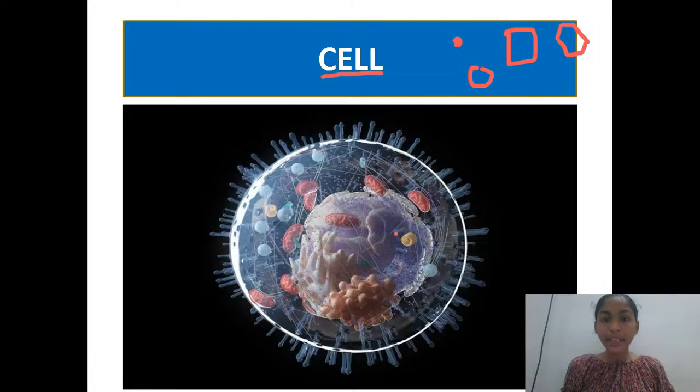This cell is having many different components in it, and I know you have no idea what these are, and even I don't know what these are, because till now what we have learned in our textbooks are very small diagrams, but this looks like a 3D image, so it's quite hard for us to tell that. So a cell commonly looks like this,